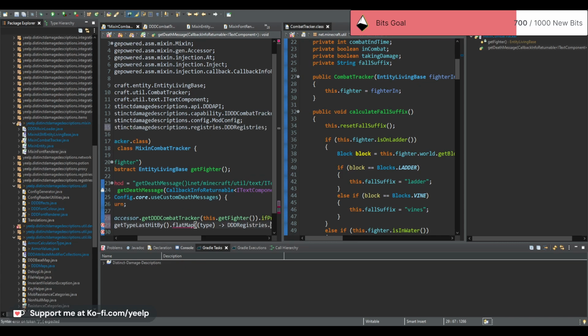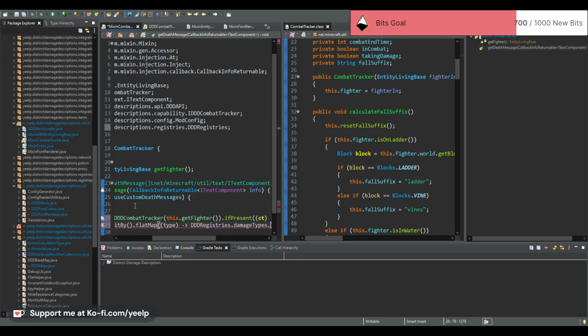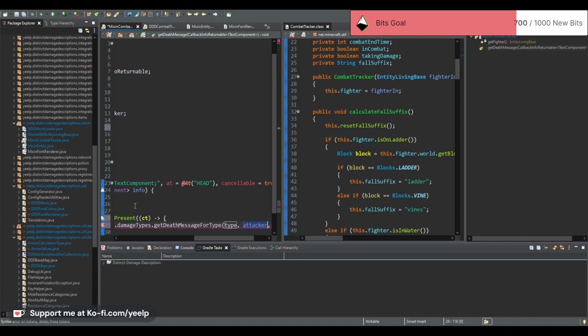Get the registries dot damage types dot get death message for type, passing in the type. Now do CT dot